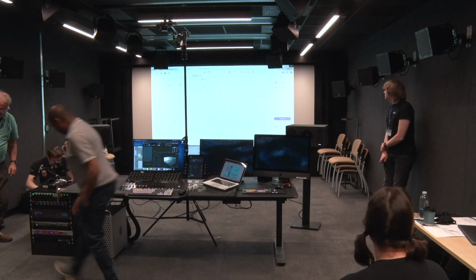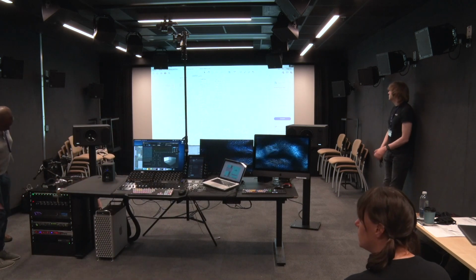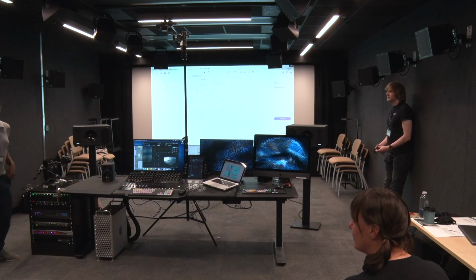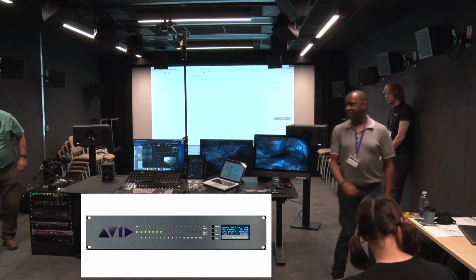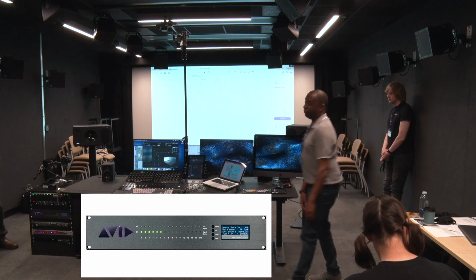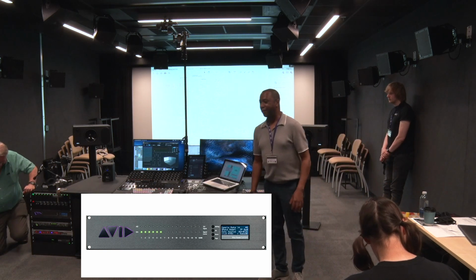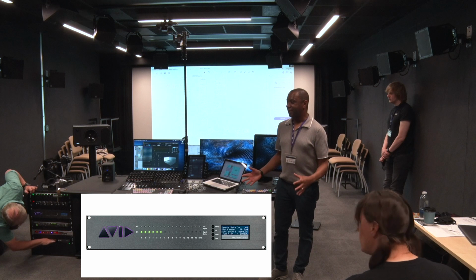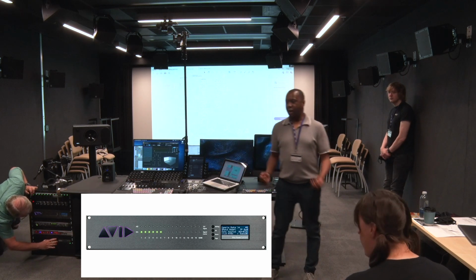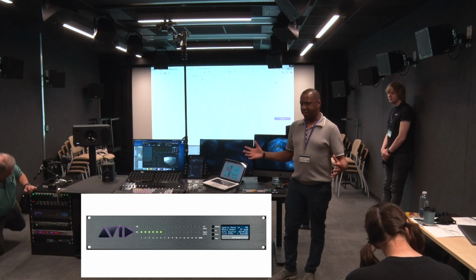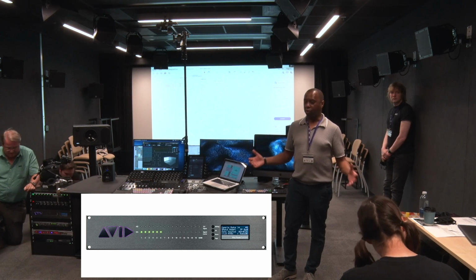What we have above the Sync HD is probably one of the most crucial boxes. It is the I/O interface. In the old days, people would call it a BOB, breakout box or whatever, but that is the audio interface that we use for Pro Tools. Now, basically, when you buy that box, it's like an empty shell. It's called the Matrix,